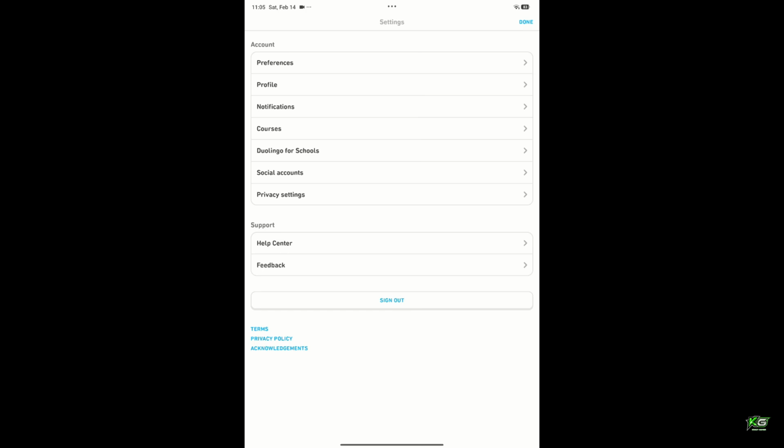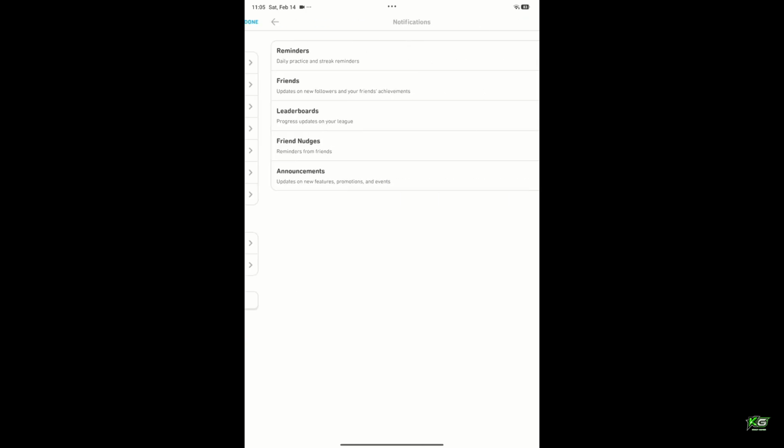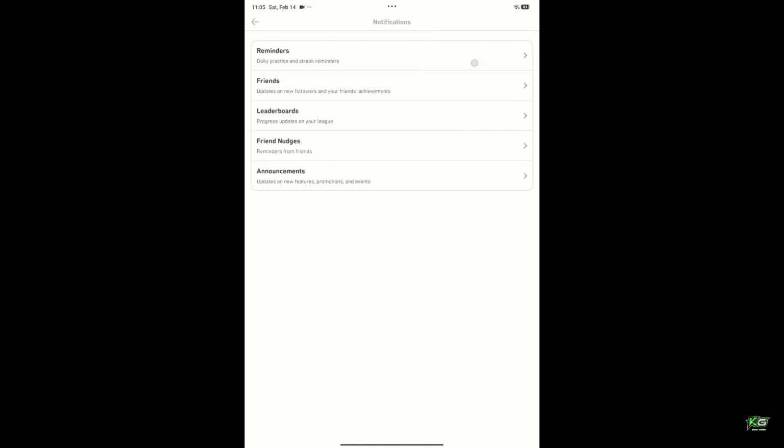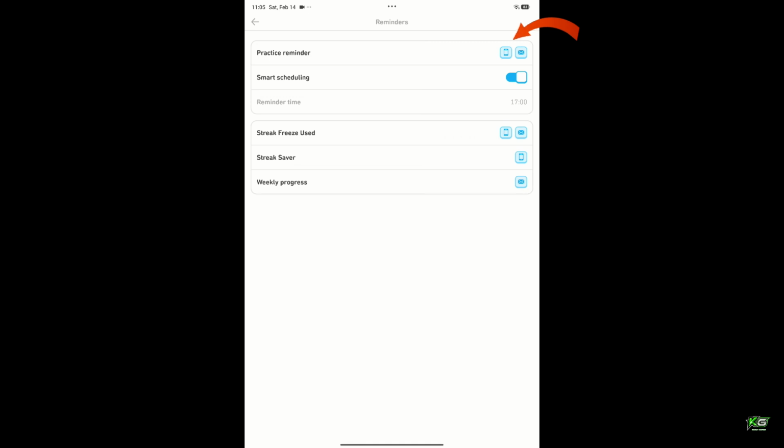Here in the settings menu, you'll see the notification tab, click on it and go ahead and select any kind of a notification you want to edit. Now, if you want to turn off reminders, you can simply select the reminders option from the menu and turn off the notification settings inside it. Switch off the notification by tapping on this mobile icon. And if you want to turn off other notification option, then if you see this toggle menu, turn that off